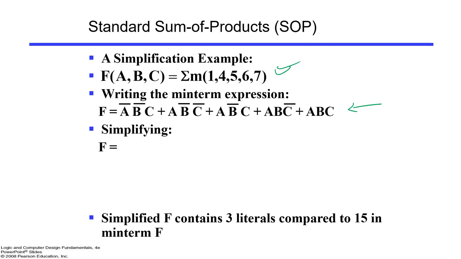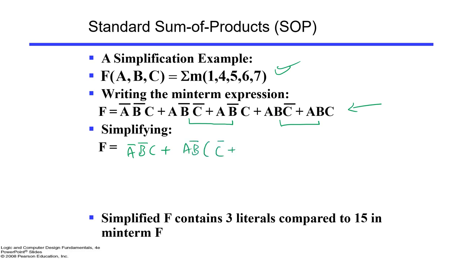Canonical sum of minterm expression. Now I want to simplify it, right? If you want to simplify it, what can you do? Let me take these two together so that we can get a b bar common, and let me take these two together so that we can get a b common. So let me write it: a bar b bar c plus a b bar common, and here you will get